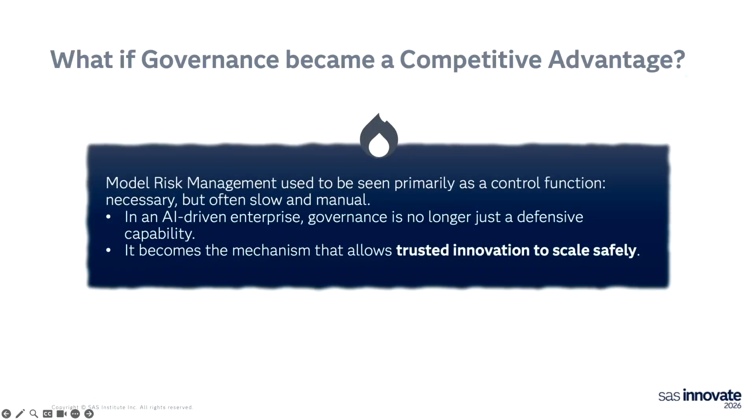So to end this presentation, the idea is that model risk management has typically been primarily a control function, which is necessary, but typically slows down the process quite a lot. So what we're trying to do, through the usage of AI, is make the process more streamlined, still keep you in control because the user still needs to be in control, but remove the mundane, labor-intensive aspects of the process.